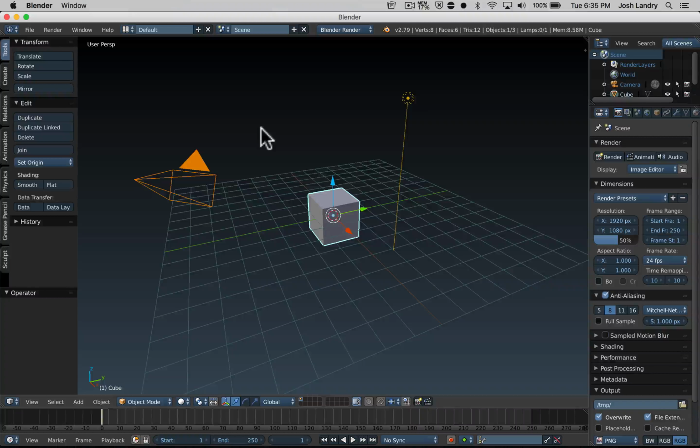Hello, and in this video tutorial I'm going to show you how to set up Blender for the game engine and just the basics of getting the game engine up and running. So when you install Blender, first thing we want to do is let's go ahead and set up